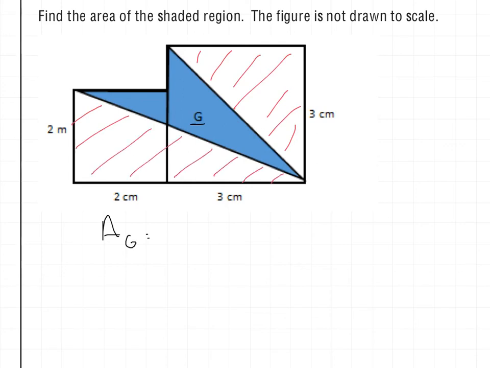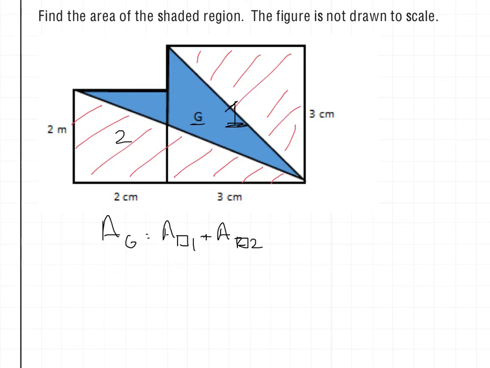So if we think about this as two rectangles that were put together, and then two triangles that were taken away, if you haven't already written an equation that would seem to look like that, go ahead and do that now. Your equation should look like something along the lines of the area of rectangle 1, I'll call this rectangle 1, plus the area of rectangle 2,